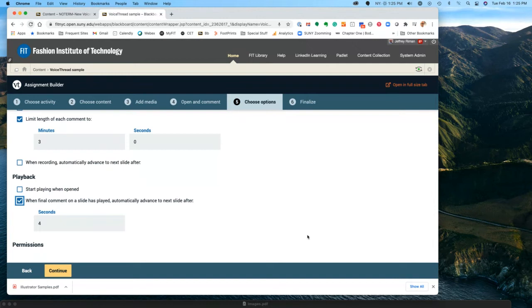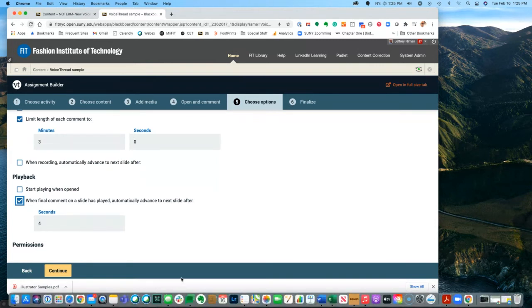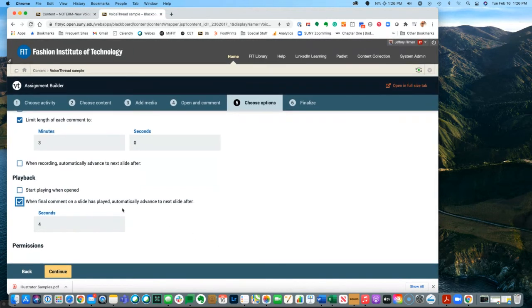And this was crucial, the one that Jeffrey just clicked, when final comment on a slide. This is crucial because for discussions, you want to count the initial post as one, and then if you want the students to reply to each other, let's say there's 2 replies, then that's a total of 3, right? So you got to remember that VoiceThread does not distinguish between your initial post and a reply to other students. It counts everything as a post. So if you're looking for 4 in this case, 1 initial post and 3 replies to other students, then you got, oh, I'm sorry, this is when you record a comment.